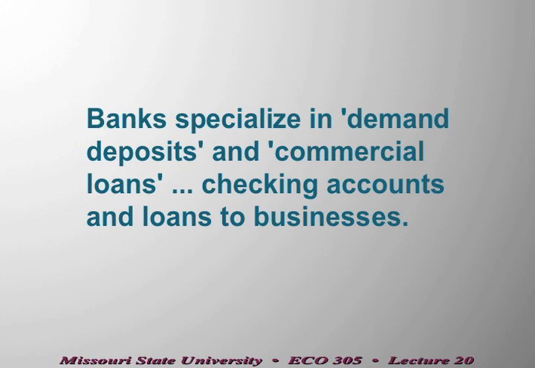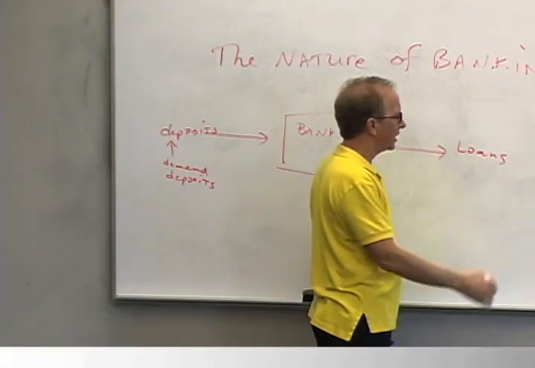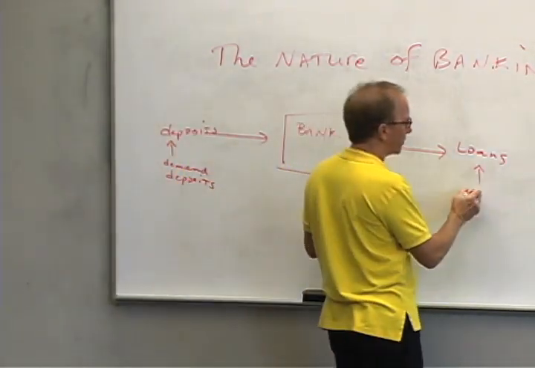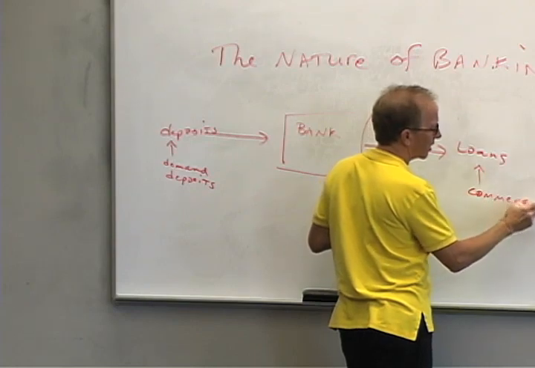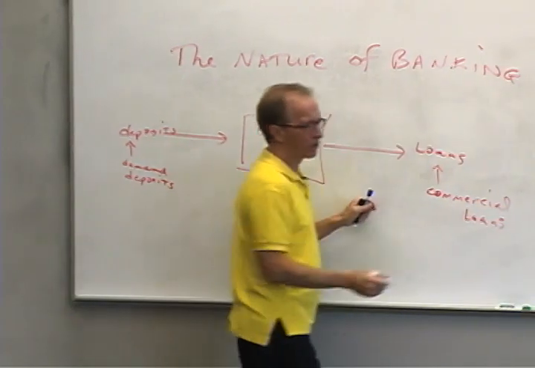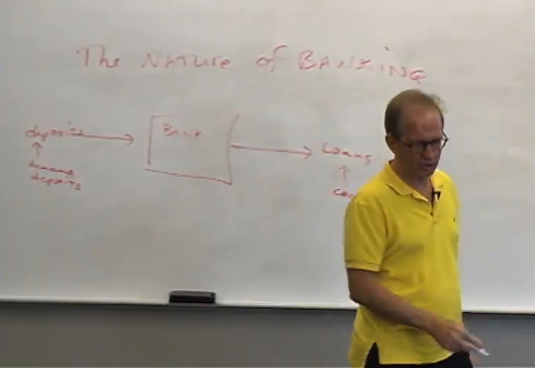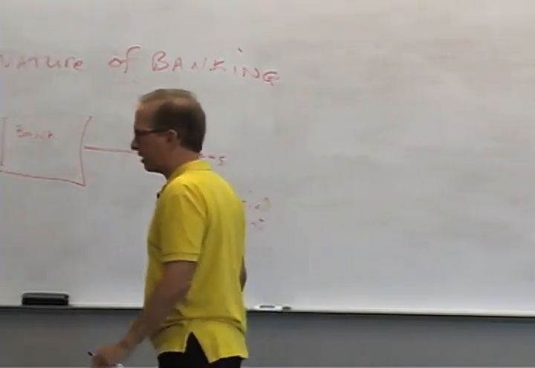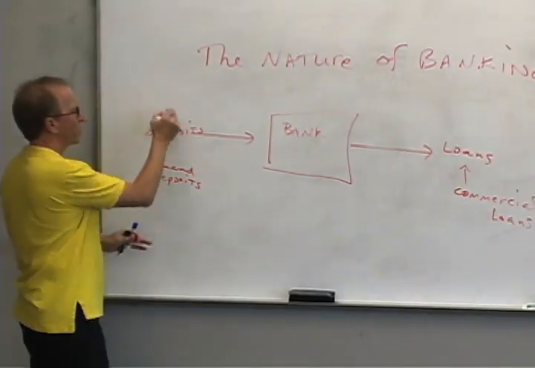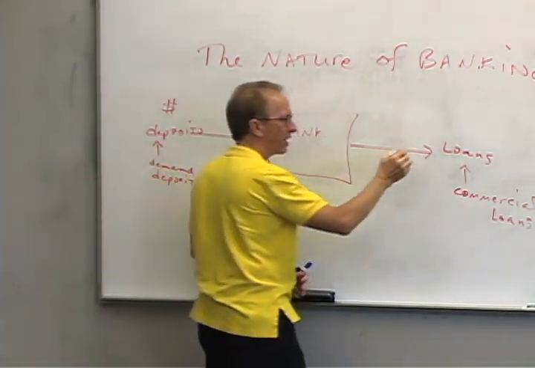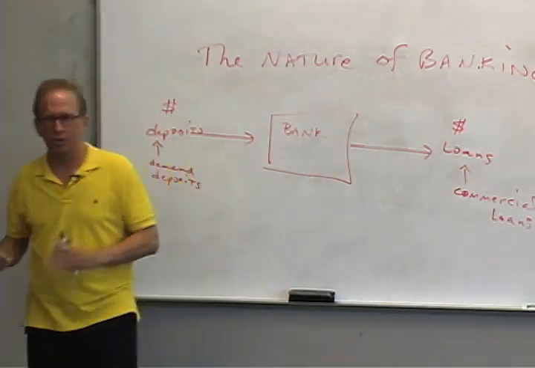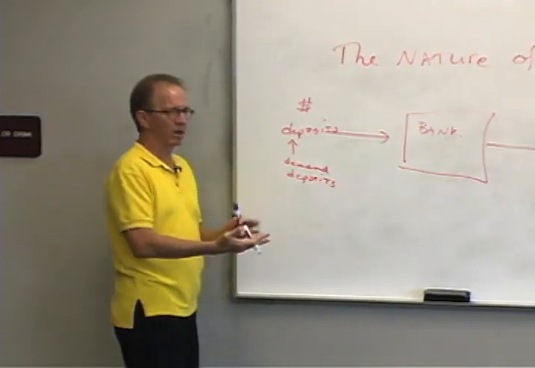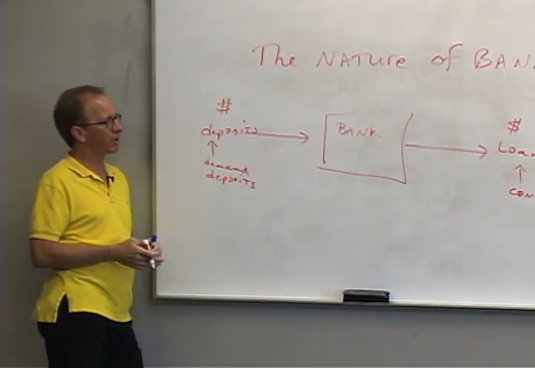Those of us with checking accounts are typically doing business with a commercial bank. And then, although they make loans and really make other types of investments as well, it is the commercial loan that is their specialty. Loans to businesses, and that's what we mean by commercial loan. Okay. Now, there are other ways they bring dollars in, and they send those dollars out for other things, but that's their specialty. Demand deposits in, commercial loans out. And we're going to talk more about this really in the next chapter of material.